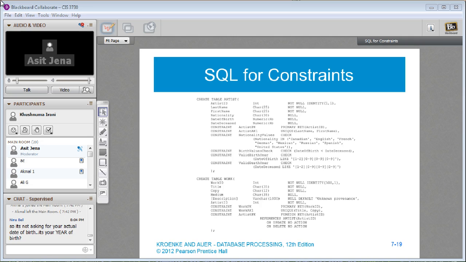Yes, the question is, it's not asking about your actual date of birth, it's asking for the year of birth. Yes, that's what it is doing. And again, this is the part that the person designed.